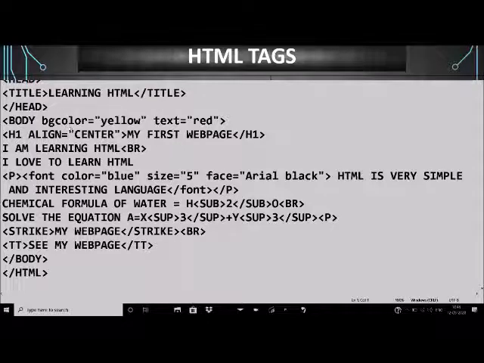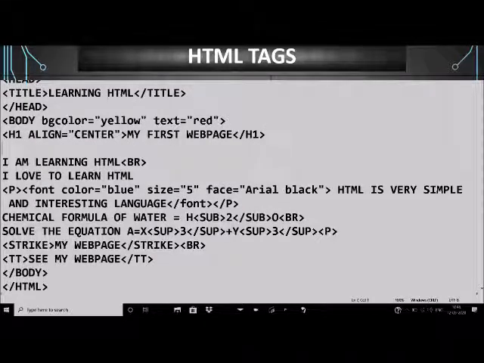First of all, we will discuss the HR tag. Suppose after the heading we want one horizontal line across the web page, then for that we will use HR tag. HR stands for horizontal rule.